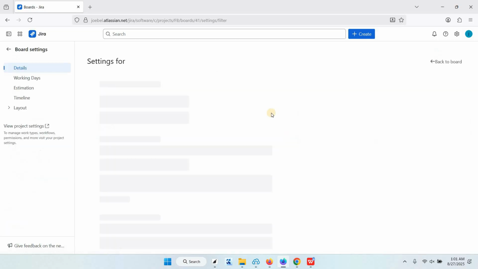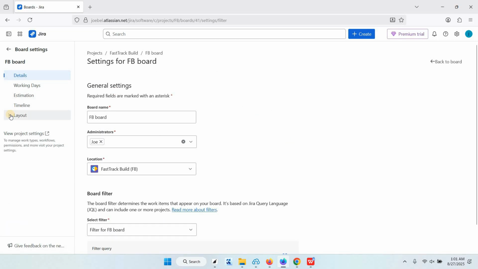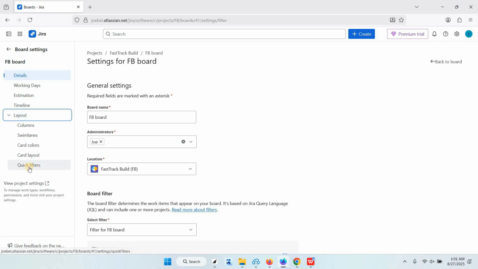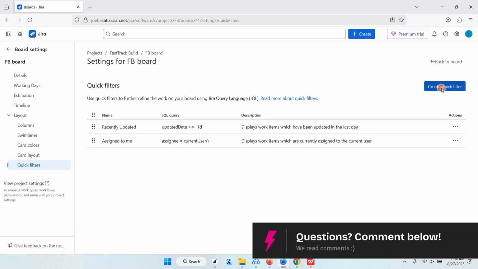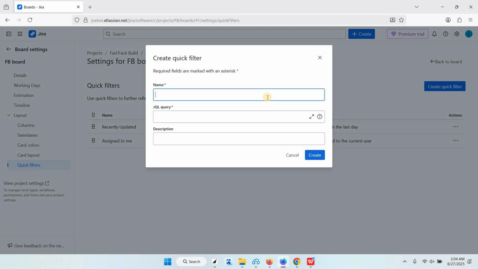Choose edit settings, choose layout, and click quick filters. Then click create quick filter. Let's say